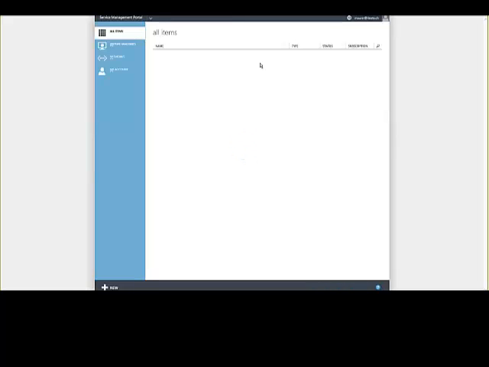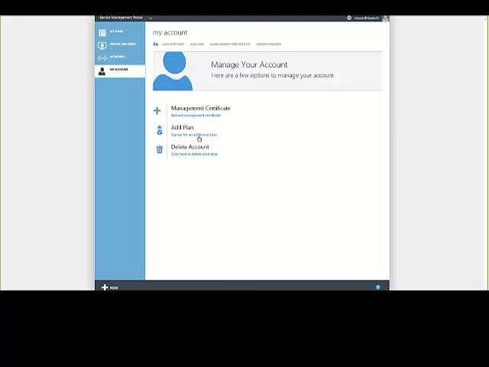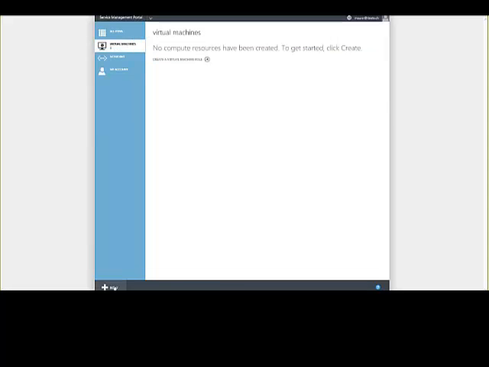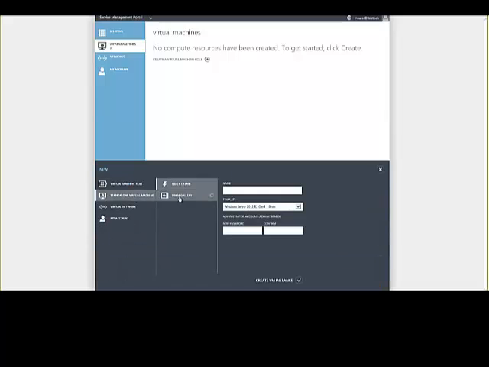He gets the same experience. As you can see, it looks basically like Windows Azure or Microsoft Azure, but it's not, because we have a lot fewer options. You only have options for the offering I attached. So what the customer can do is add plans or sign up for plans. One of the plans I already created, I attached him a plan already. So he got this subscription here, the VM Cloud subscription. And what he can do now is go and create, for example, virtual machines, and go here, say, from gallery.